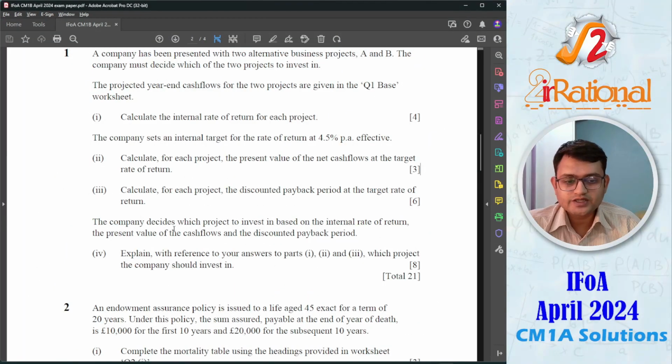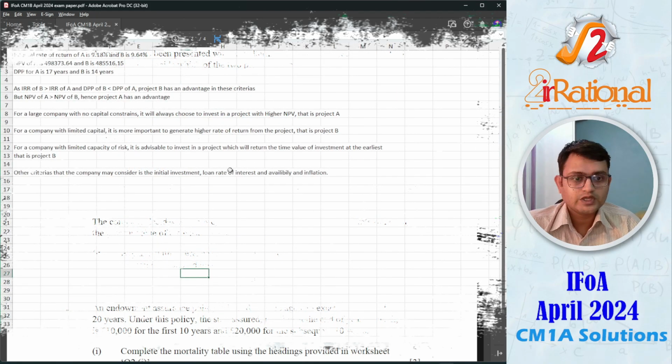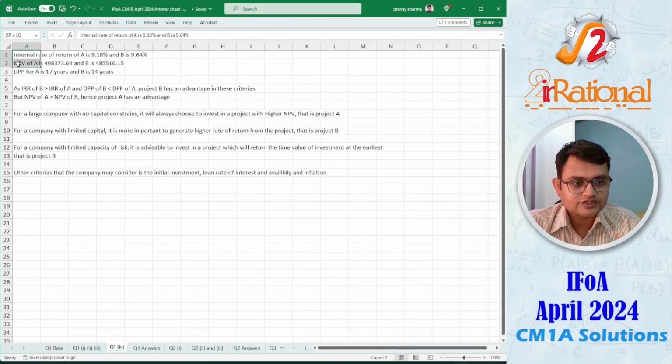For the last part, the company decides which project to invest in based on the internal rate of return, the present value of the cash flow and the discounted payback period. Explain with reference to your answer to parts 1, 2 and 3 which project the company should invest in. So they have given you 8 marks, so you should have at least 5 to 6 good points to comment about it. So the first thing I have written here is the observation, the internal rate of return, NPV and